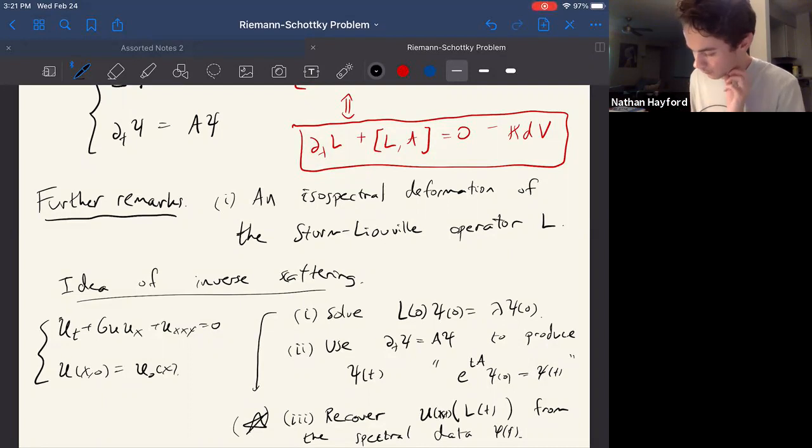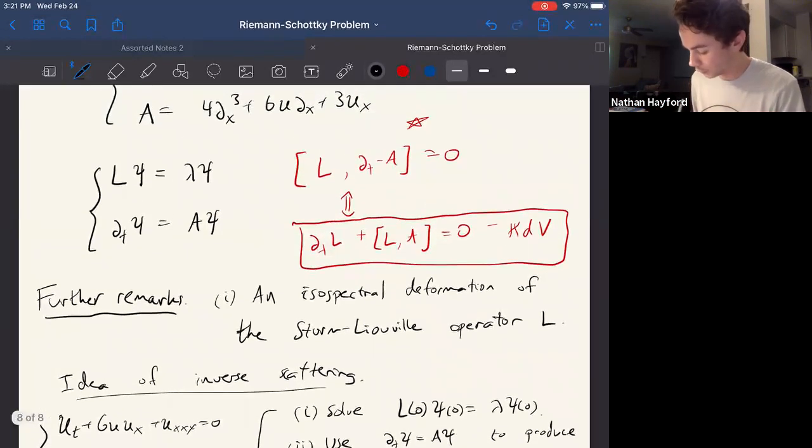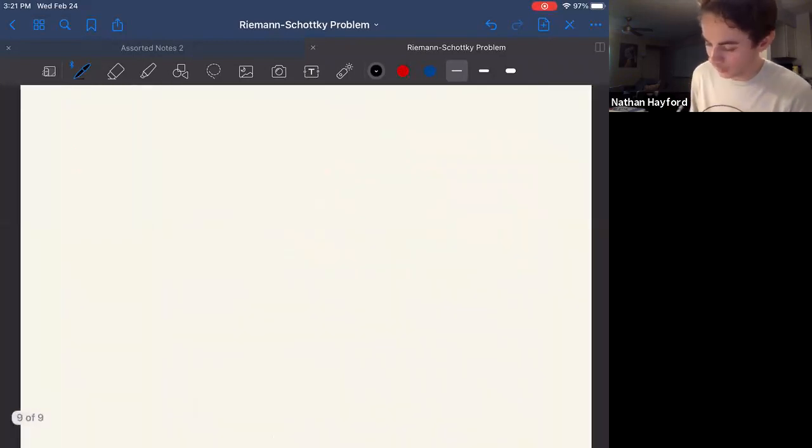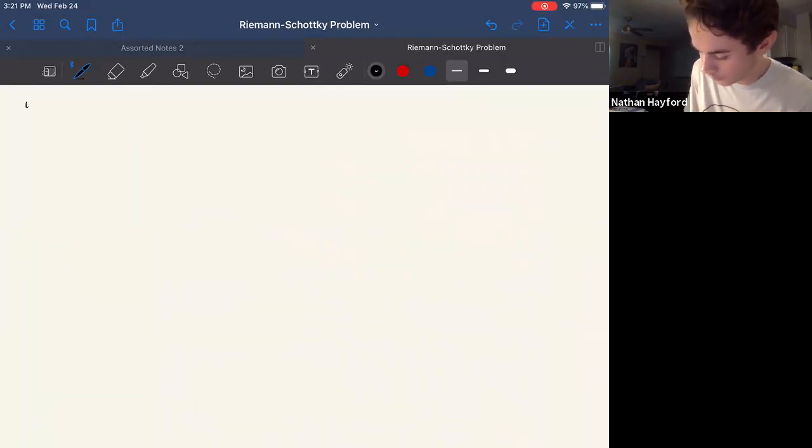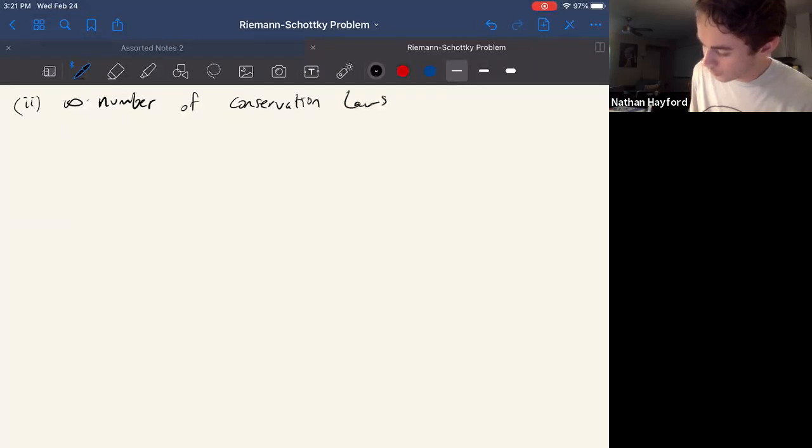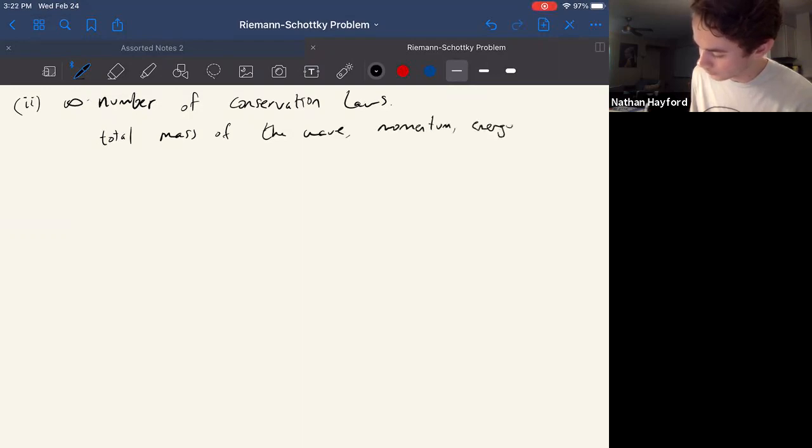We have that, well, KdV produces an isospectral flow of this Sturm-Liouville operator. It also has an infinite number of conservation laws. So for example, the total mass of the wave is conserved. Its momentum, its energy, and so on and so forth, are all conserved quantities. A third property it has